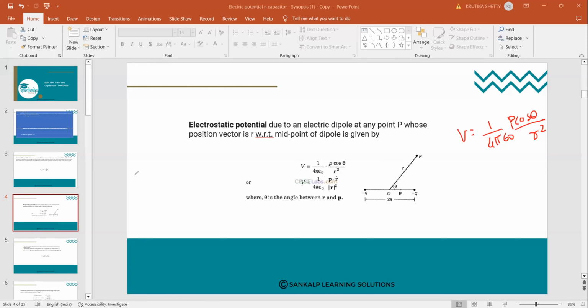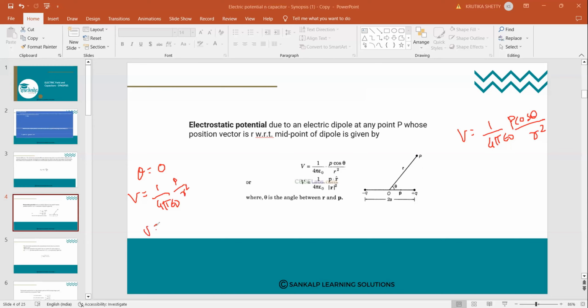Now for the axial line, theta is equal to 0, so I substitute it. What is cos 0? So cos 0 is 1. Yes, Kaveshri, cos 0 is 1. So it will be 1/4 pi epsilon naught P divided by R square for the axial